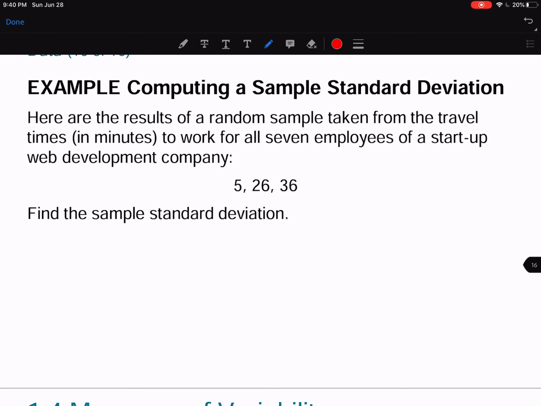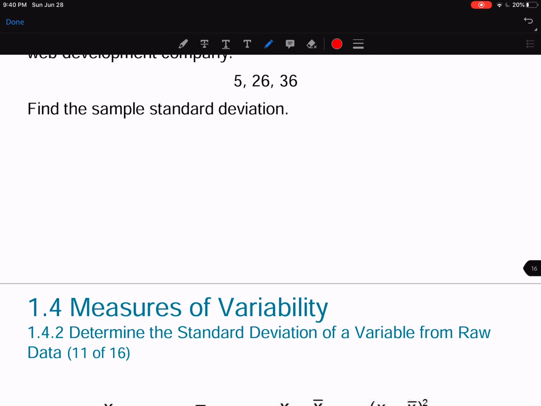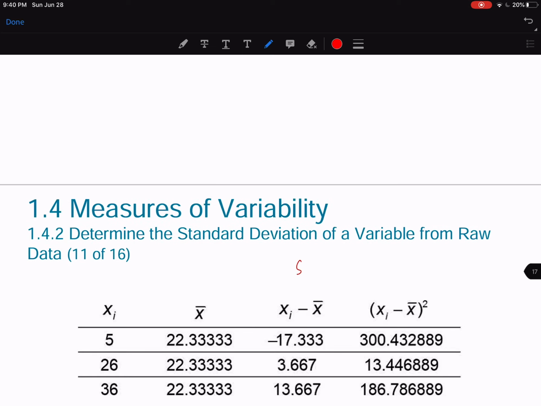Here are the results of a random sample taken from the travel times in minutes to work for all 7 employees of a startup web development company. We get 3 numbers. So basically, if we want to calculate the sample standard deviation by applying this formula, little s is the sample standard deviation, which is equal to the square root of